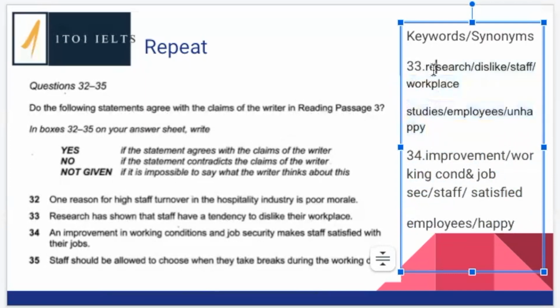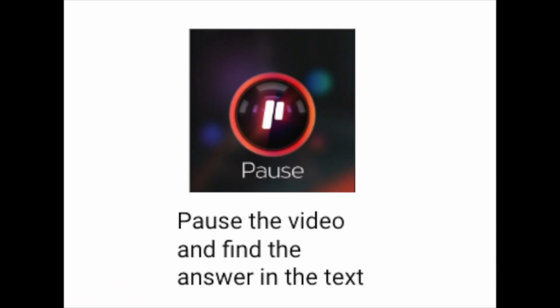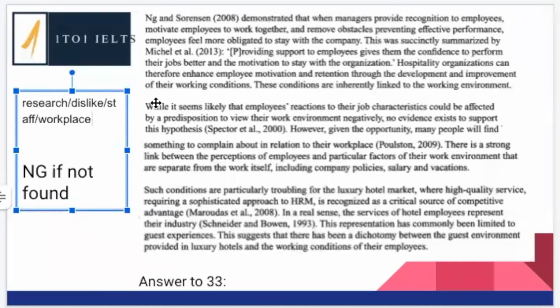So we're going to go back to the text, looking for research about staff disliking their workplace. And let's have a look at our next few paragraphs. Can you find anything that says, and again, we're going to go from start to finish, read it as quickly as possible, but you're looking for research, staff, and unhappy. One line at a time. Paragraph 2. It seems like the employee's reactions to their job characteristics could be affected by a predisposition to view